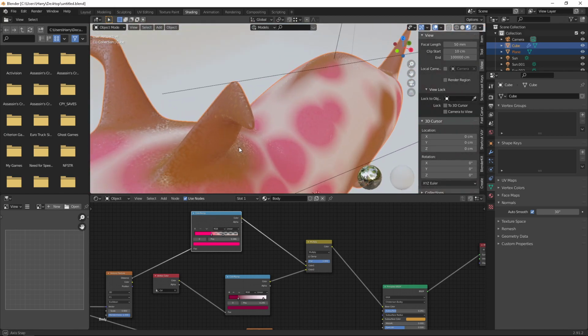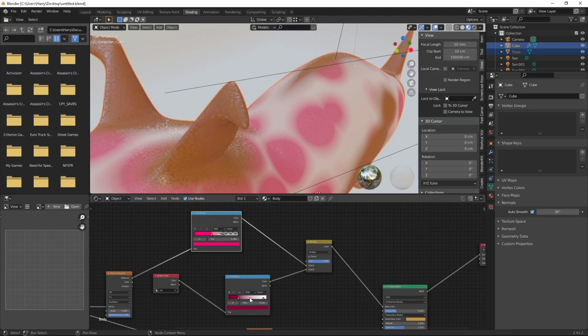You see this, it doesn't look like pink color. Select this one and make it white.